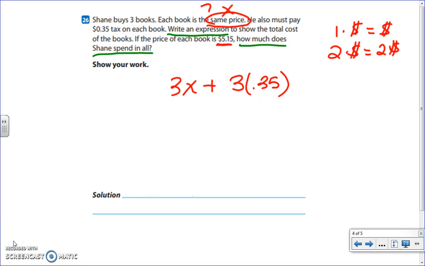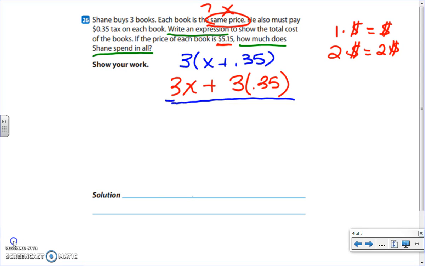So this could be tricky, and the book's going to represent this in a little different way, I think, and it sticks out to me because I've done this a lot. But really what we have here is a multiples of sums or some factoring to do. This expression would be appropriate, but what the book is actually asking you to do is it would say that we have 3 books, and the book costs this much, and the tax costs this much on each one of them. And so initially when I thought about this, I thought of it like that, but